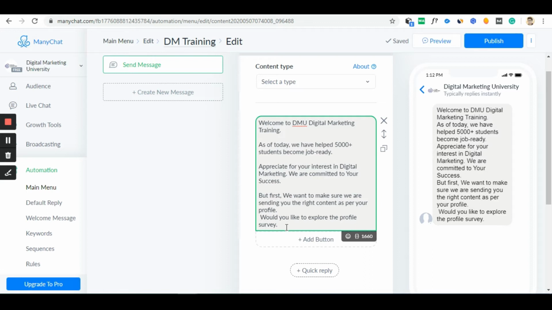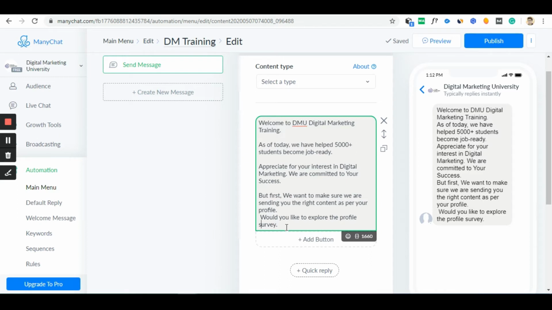Now what? What does the user do? At this stage, the user would be wondering, so what shall I respond back? What shall I do? Now, don't let your user respond back, because this is an automated chat. If the user responds back, that might have a typo error, that might have a new question you might not have in your automated chatbot's answer.